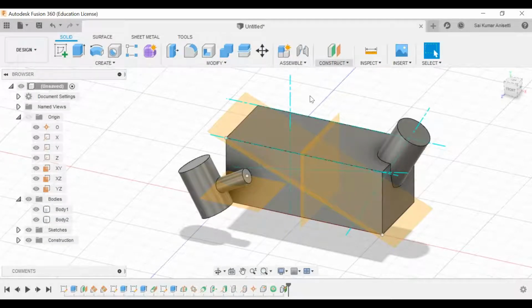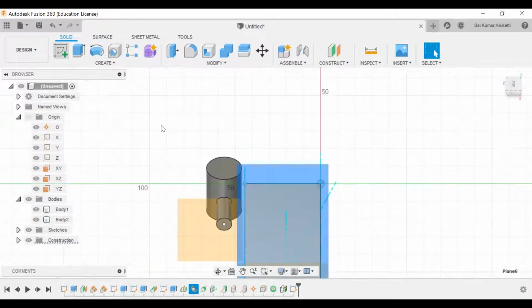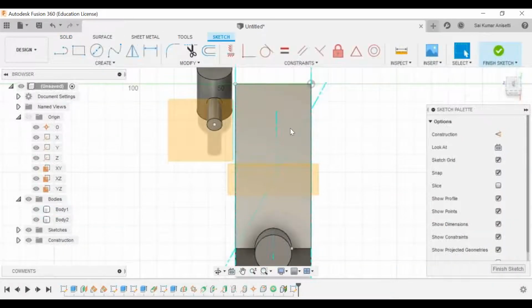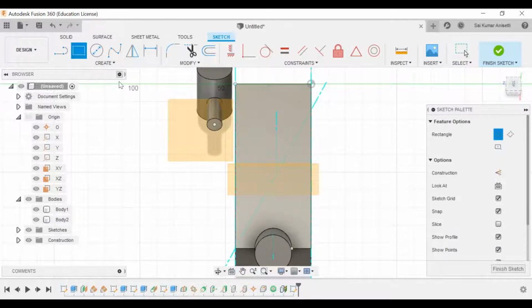Now let me take this plane itself and go to create sketch. You will be going into the Sketcher module and drawing any given shape. Let me take the center rectangle for now, and onto this I'm drawing a rectangle.